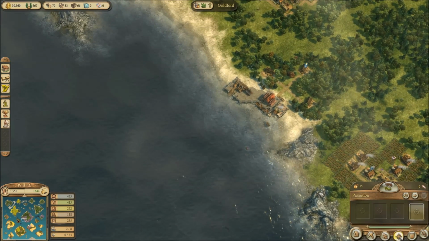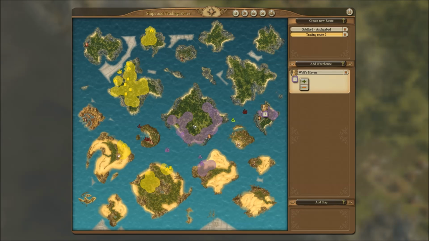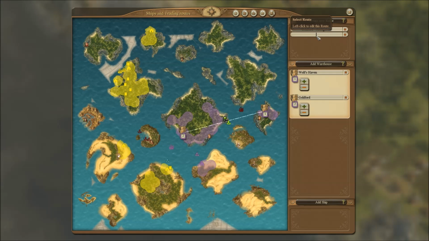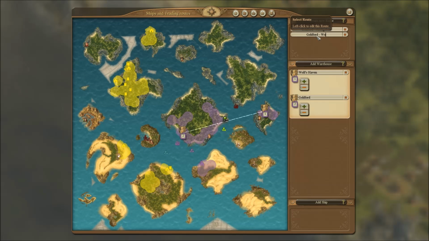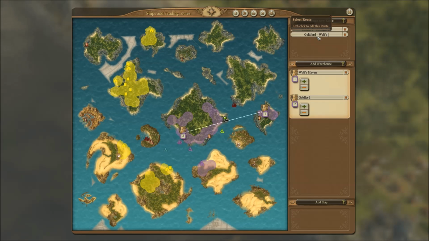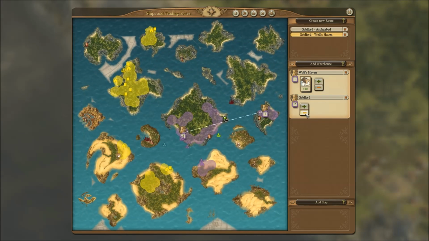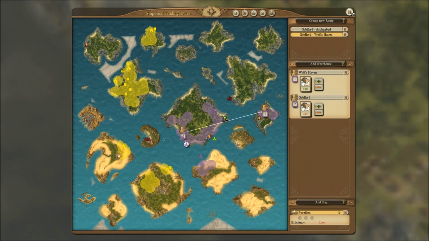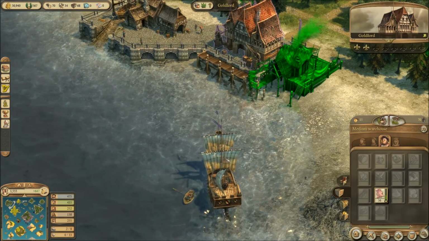Alright. So now that that's all ready, I'm going to make a new trade route from Wolfshaven to Goldford. Goldford to Wolfshaven. Boom. And we'll pick up flour at Wolfshaven, and we'll bring it down at Goldford, and I'll assign Poseidon to do that. And Dauntless should be prepared here any moment now to...